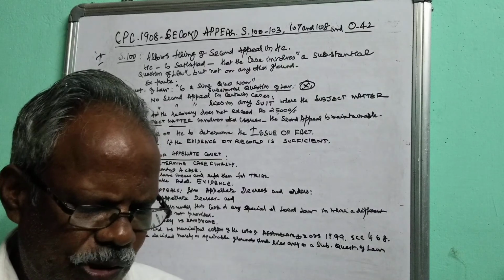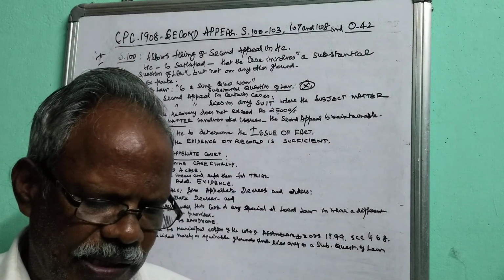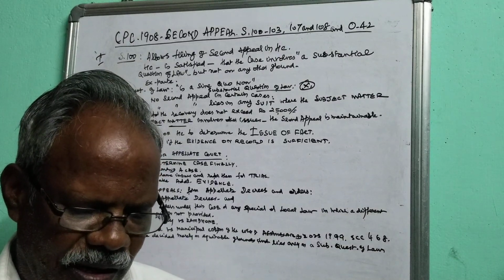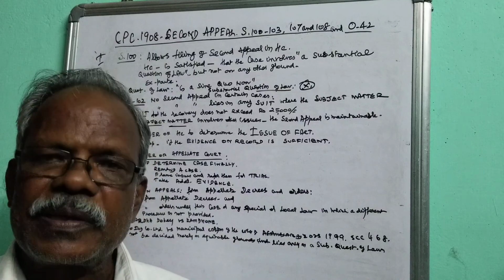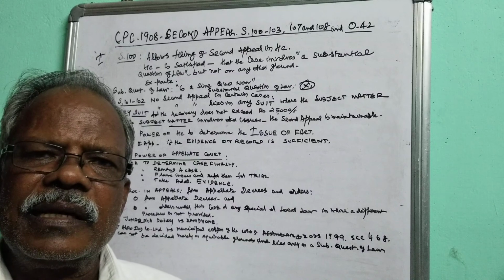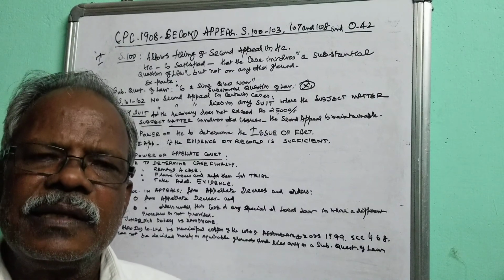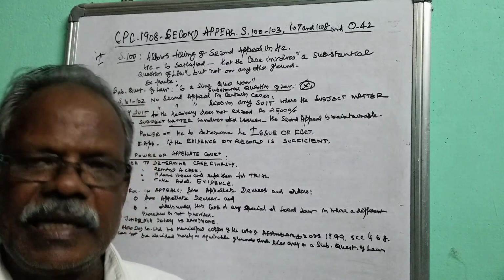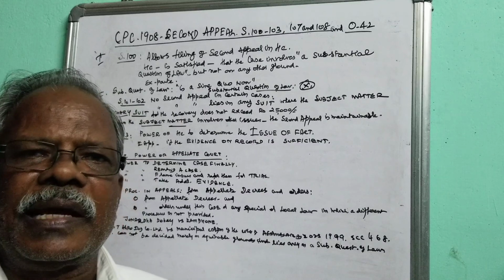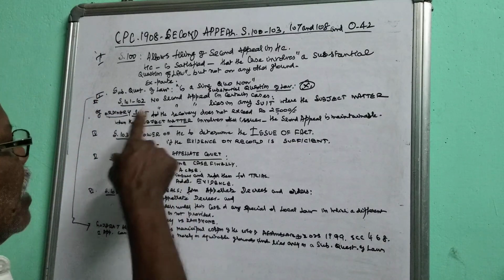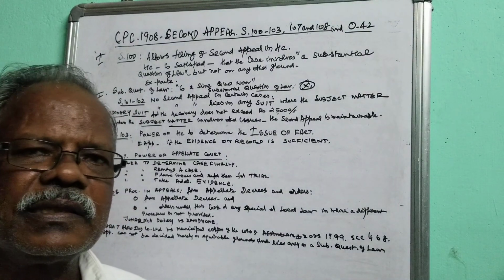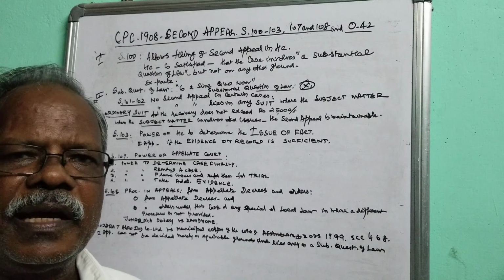Like that, a question relating to an issue which is not free from difficulty, and a question which is not covered by settled legal principles or proceedings. When it is not coming under the already decreed, not coming under the settled legal principles or the settled legal precedents, the second appeal lies. So these are all the question of law, substantial question of law. You should have the substantial question of law, then only the matter can be taken up by the High Court